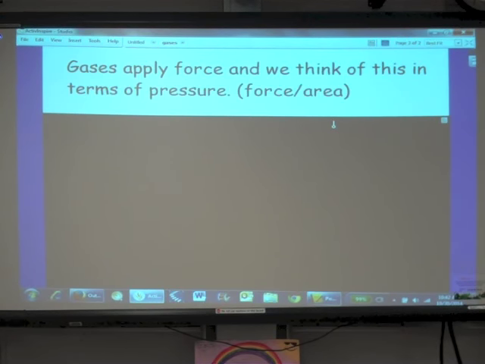And if you're a weather person, you know that one of the big measurements of weather is actually air pressure. How much is air pressing down on us at any given time? So the higher we go in altitude, the less air there is, and so air pressure is less. The closer we come to sea level, the more dense the air is, and air pressure is greater.